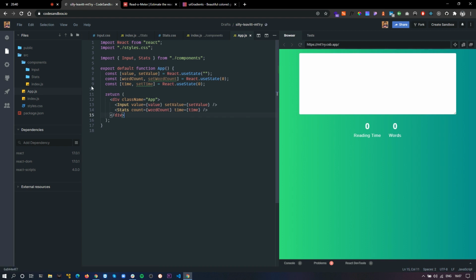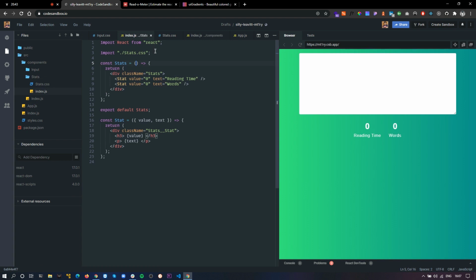So this should work. Now let's go to a stats component, and from the props, let's get the values. Okay, so this right here is known as object destructuring.